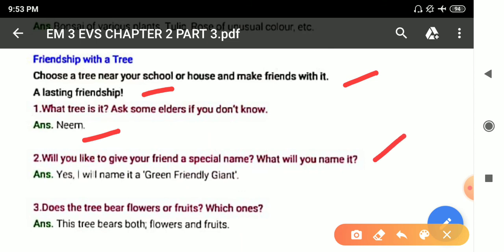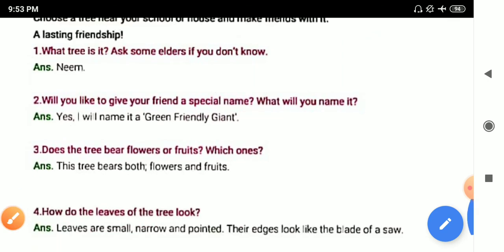Will you like to give your friend a special name? What will you name it? So yes, if you have made a friend, you have to name it. So what will you name it? Green friendly giant. So you can name it anything. But here I have named my friend green friendly giant. Now the third one is,